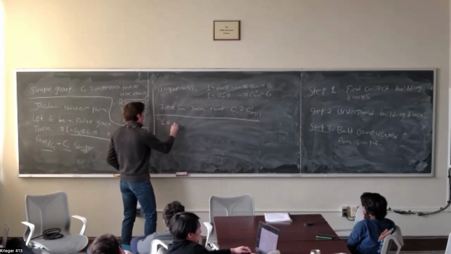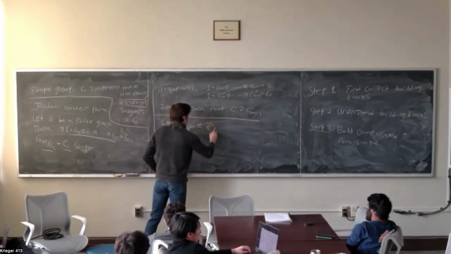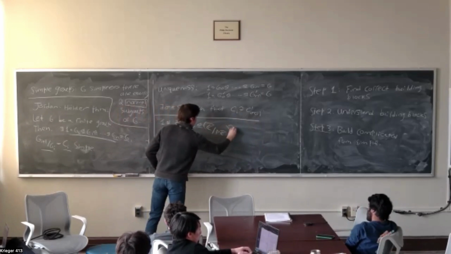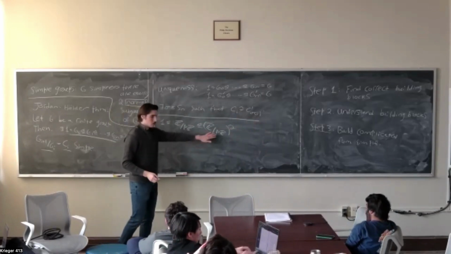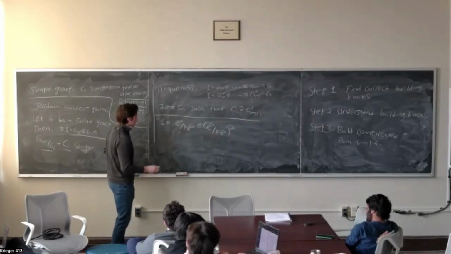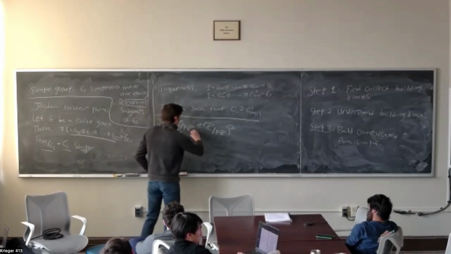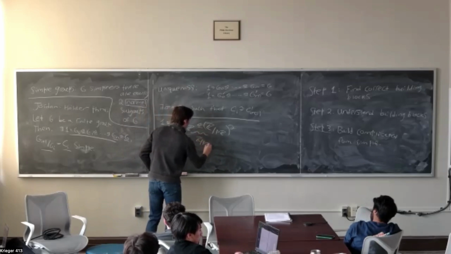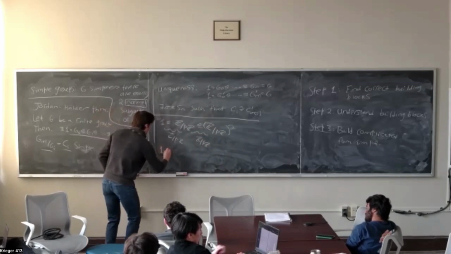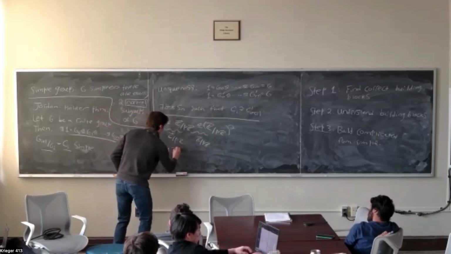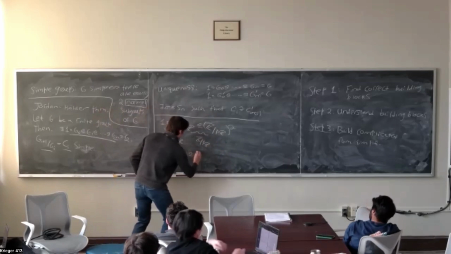So if we have a composition series for Z mod p squared Z, this is like the cyclic group of prime order, like the integers modulo p, right? We have this composition series, and our first composition factor is just Z mod p. And then here, it's also just Z mod p, right? Now I'm going to give you another group, and it's going to have the same composition series as this one. So we'll take this first term to be Z mod p as well, and then the group will actually be Z mod